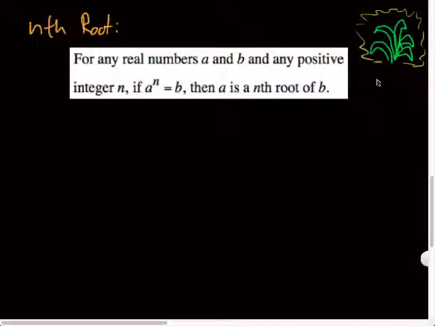So the nth root. It says for any real numbers a and b, and any positive integer n. So n has to be positive, ladies and gentlemen, please, and it has to be an integer. So that's a number that is not a decimal or a fraction sort of thing. So if a to the n equals b, so that's the nth power, you could say, then a is